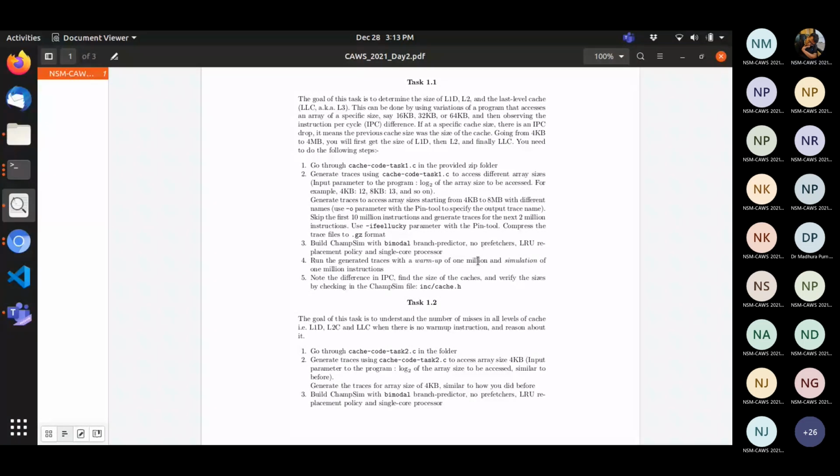I found out which ones have a transfer happening. So you may look at the reason. Yes, that was the task. That's enough. But you can also verify, from the difference in IPC, what size you have got and what the actual size of the cache is. Let us know if you don't know how to find out the size for a particular cache level.